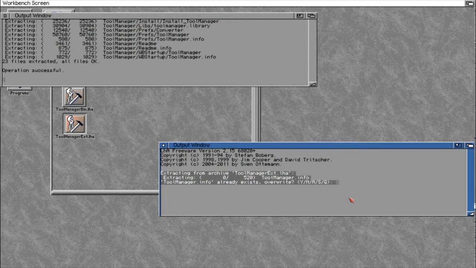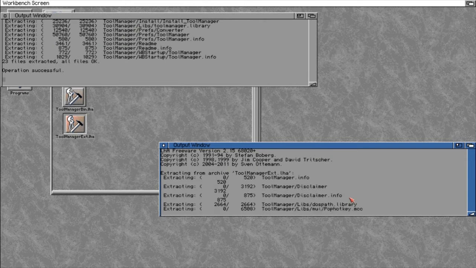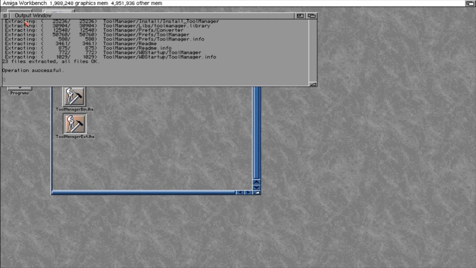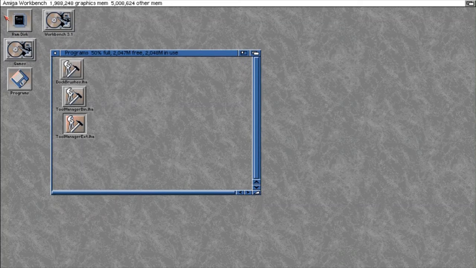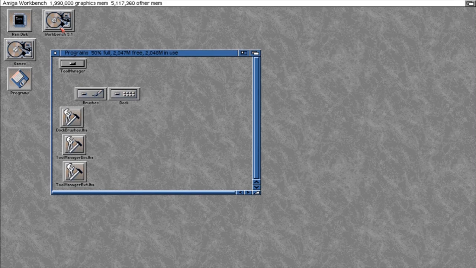So that's definitely finished, and Y again. So as you can see, the libraries have been overwritten and a README has been overwritten. So that is all done for the actual extraction. And what we'll do is just go to update in here so we can actually see those files that have been extracted to our programs